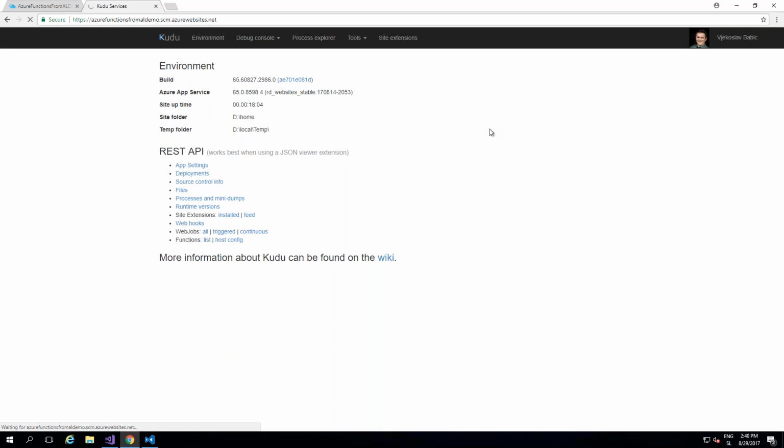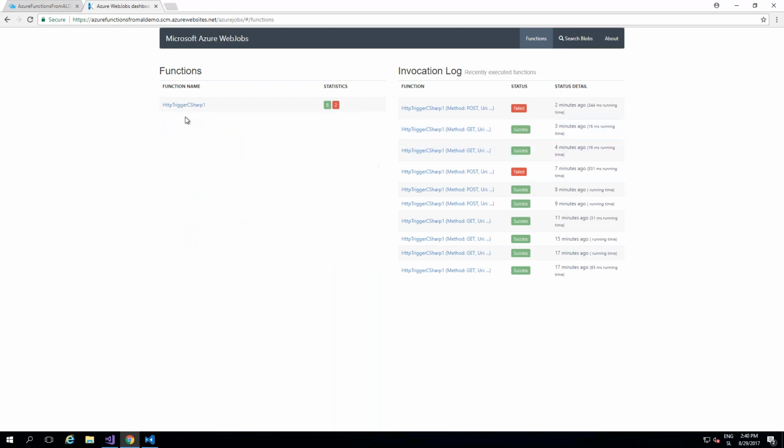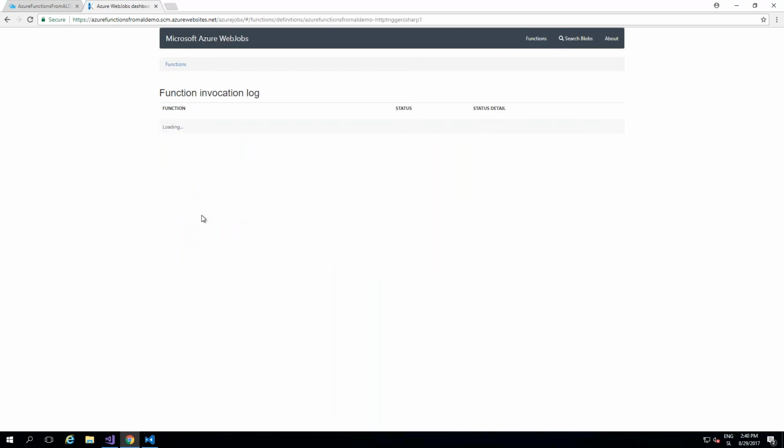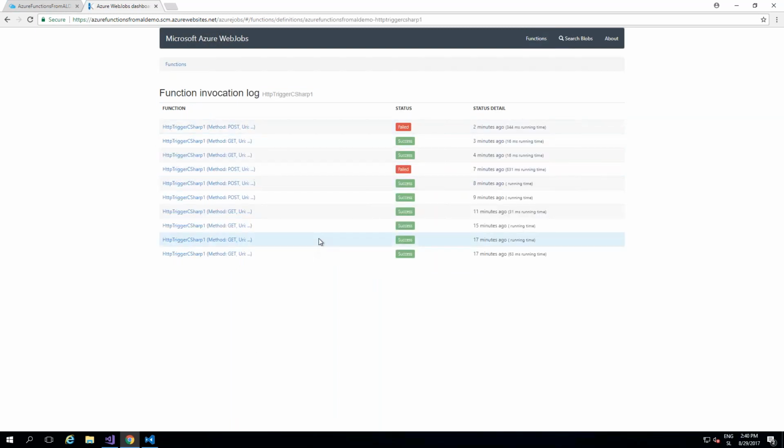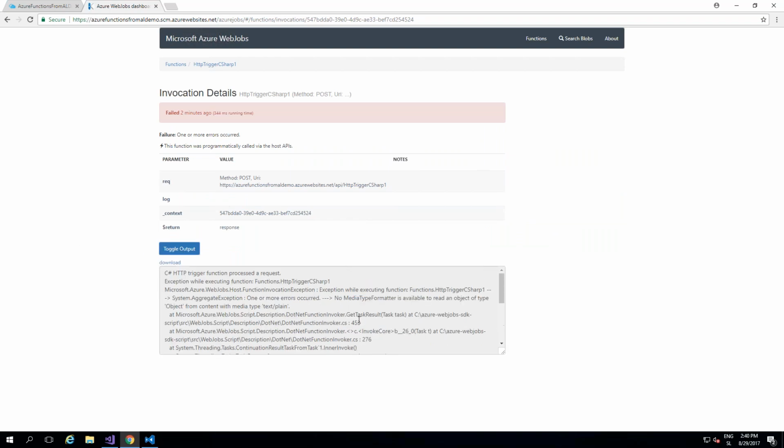And then, well, it's taking a little while to wake up. I will click Functions, and then I will have my functions, and I will have invocation log. If I have multiple functions, I can click whichever function I'm interested in, and then I can click the function execution and see what went wrong. And if I click this toggle output, it will actually show to me that there was some runtime error inside of this